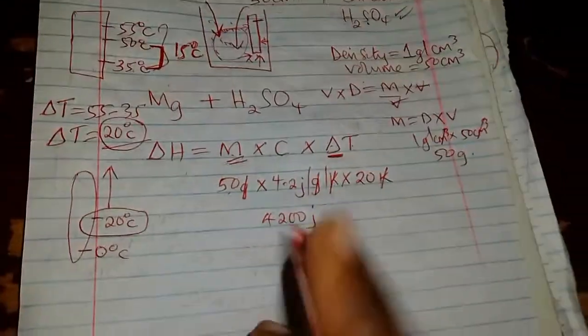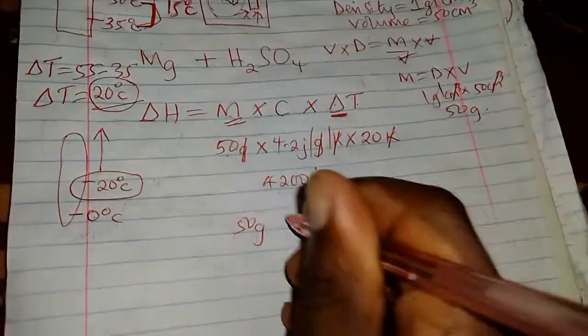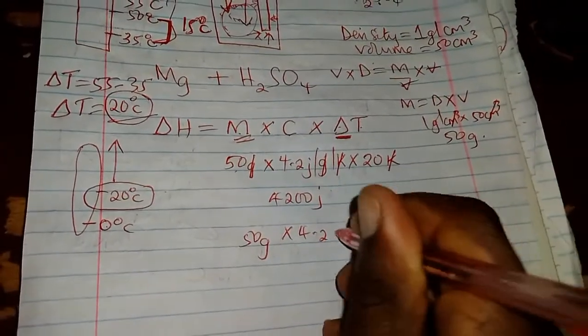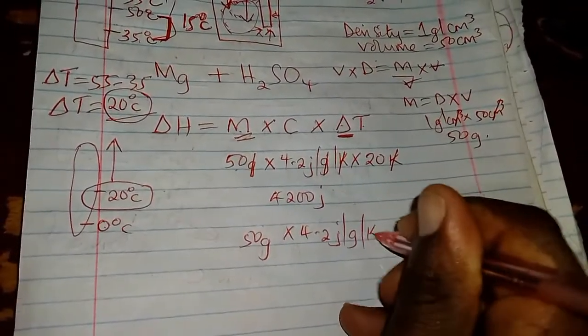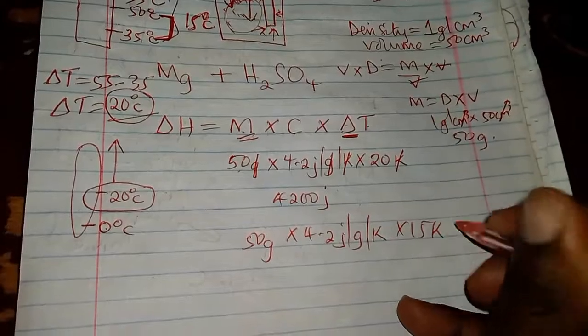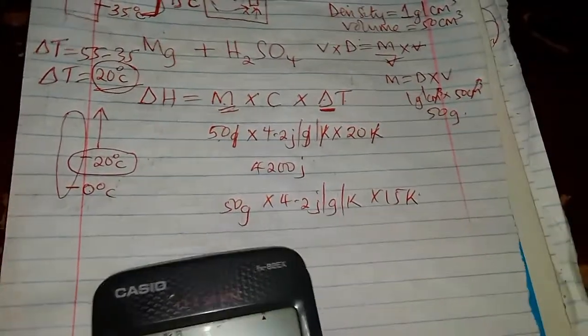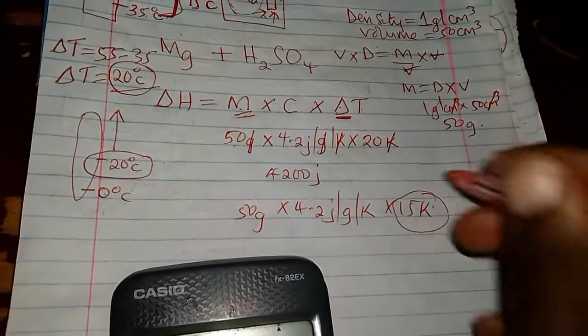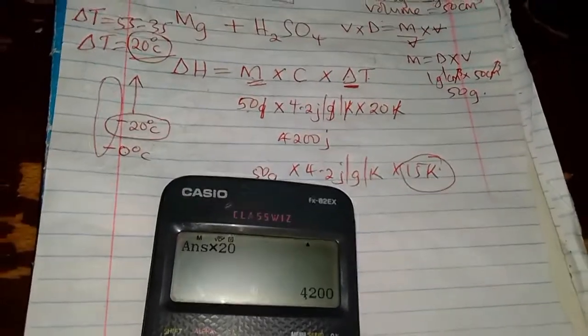So I'll come here and say 50 grams, the same mass, multiplied by 4.2 joules per gram per Kelvin, multiplied by 15 Kelvin. So what do I get? That is in case I'm using 15 degrees Celsius as the change in temperature. So I'll have 50